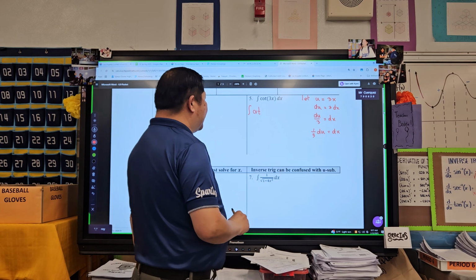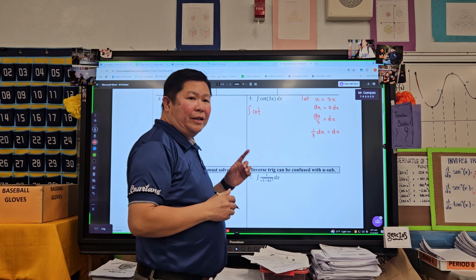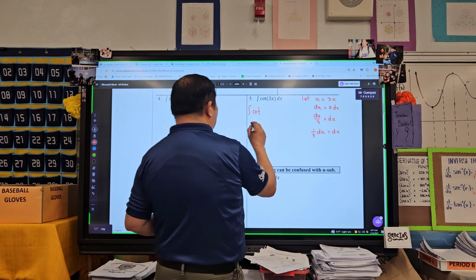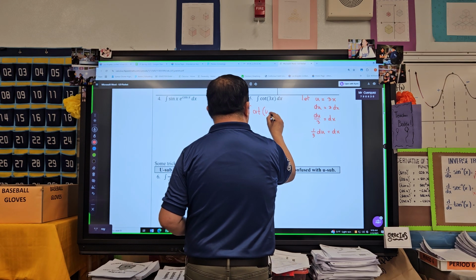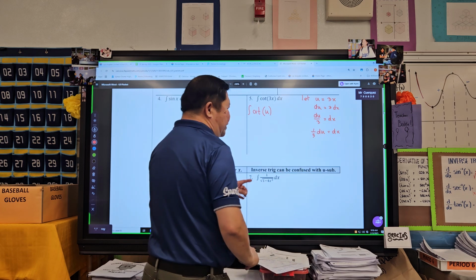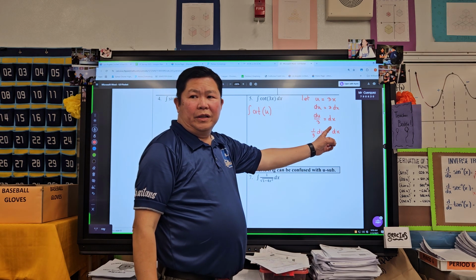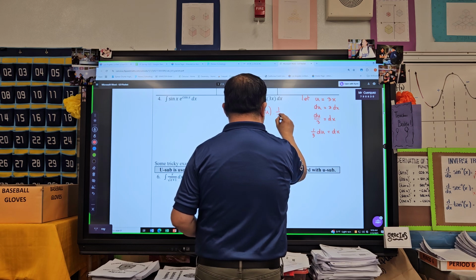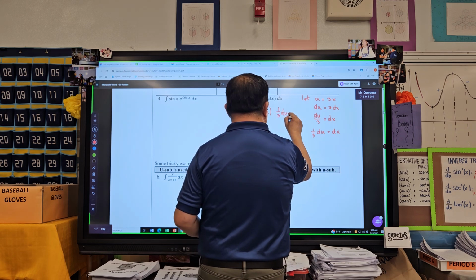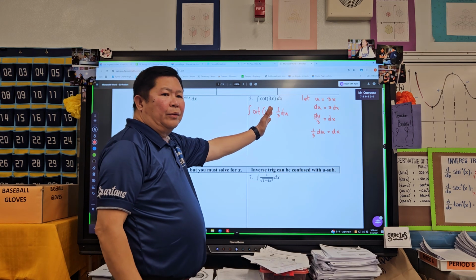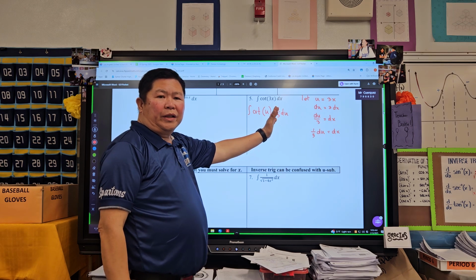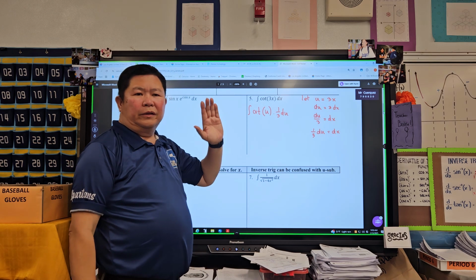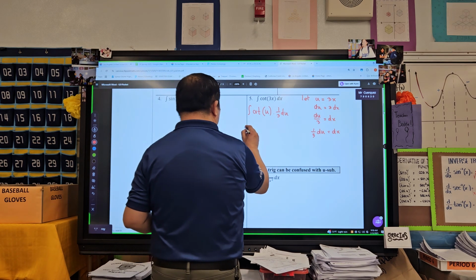So cotangent, and then the one inside is the u, so cotangent u, and then the dx is defined as 1/3 du. Okay, so times 1/3 du. But we're gonna be writing 1/3 in front. Okay, so we have 1/3